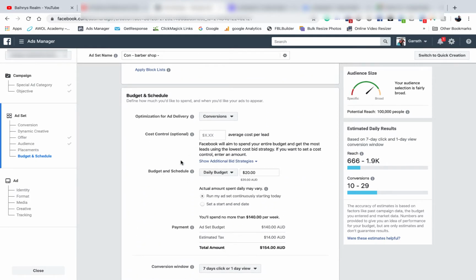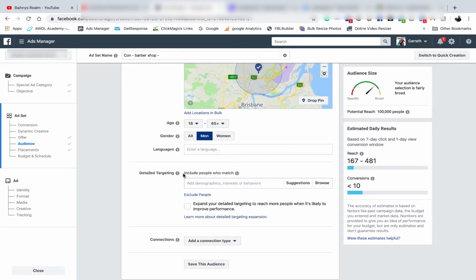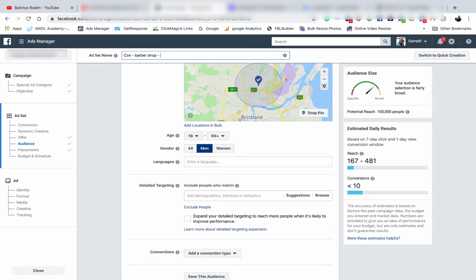Down here for your budget, obviously whatever your budget is, I recommend running 2 ads. So at a minimum $300 a month at 2 $5 ads per day. So $10 a day, 2 ads at $5 each. And what you do is you try one ad with no interest and the other ad with a beard oil or something like that interest. You'd have them running side by side, and whichever one got the most engagement, whichever one got the most clicks and stuff like that,